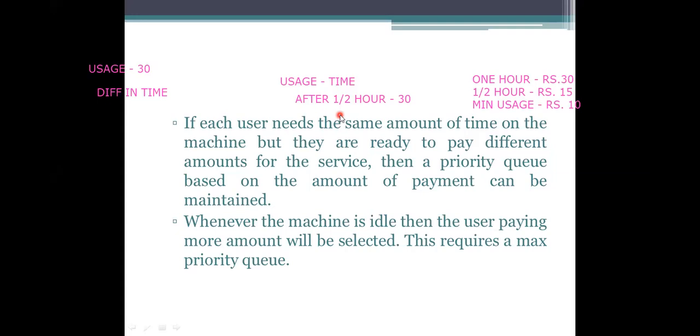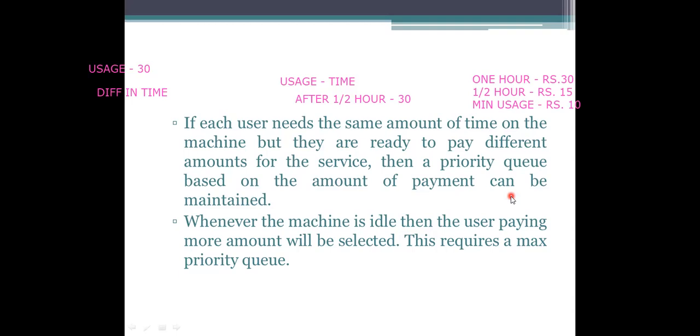Where is the problem arising? The machine is idle and the user is paying for that idle system also. If you've been using the system only for 10 minutes and you pay 15 rupees, then with minimal usage you're paying an extra amount. So we need to specify for which one we take the priority as maximum and for which one as minimum. We need to consider the element there.